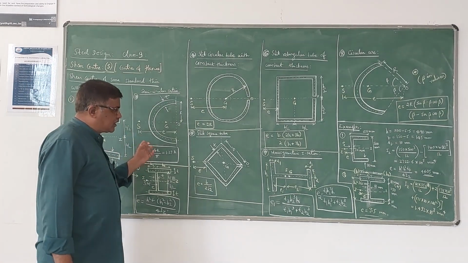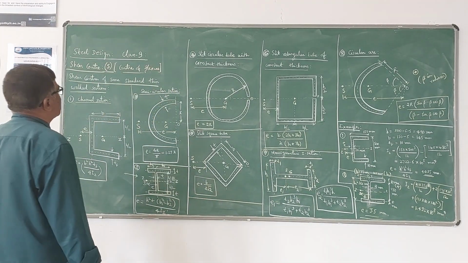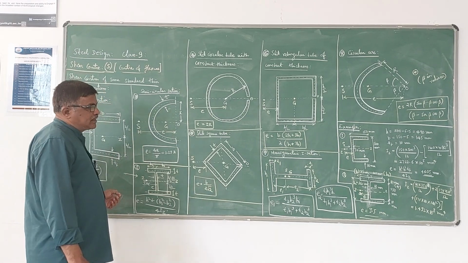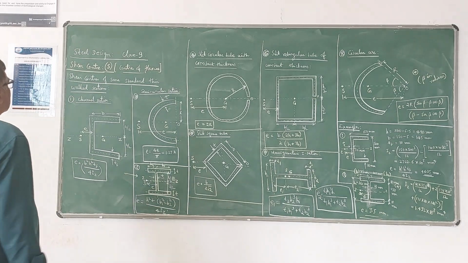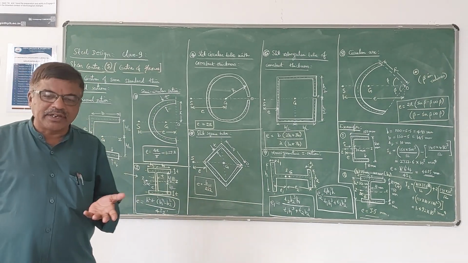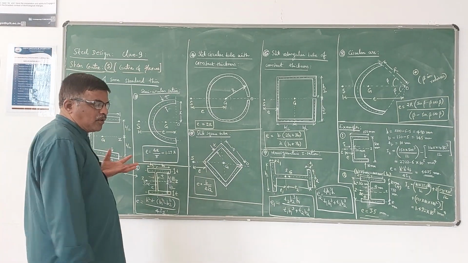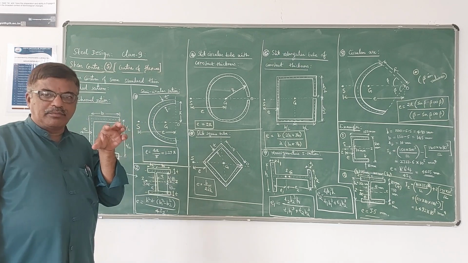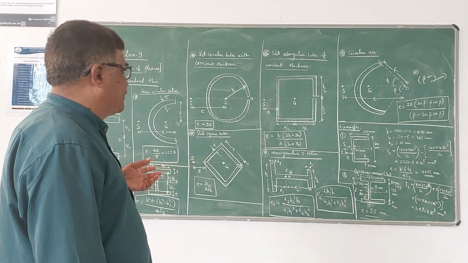So we will discuss how to locate the shear center of some of the standard thin wall sections and a few numerical examples for that. In the last video I explained about shear center, its concepts, everything. So shear center, if you apply the load passing through the shear center of any section, then the twisting effect